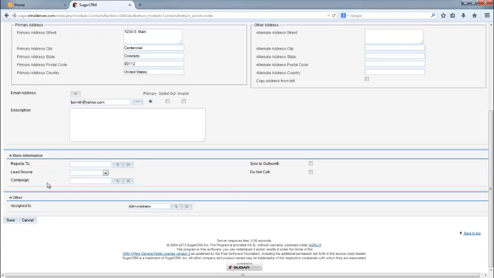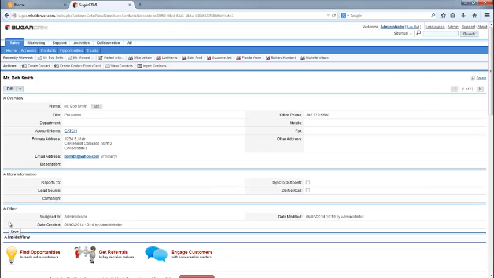Well, it looks like it's not going to do that. It's going to point it to me. That's fine. So anyway, once we save that, you'll notice that now under Contacts,